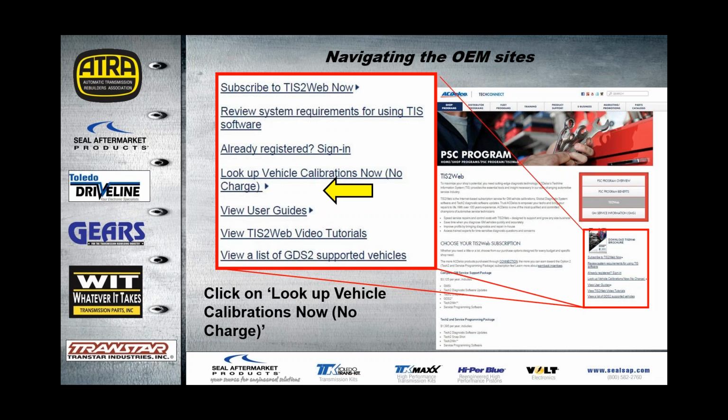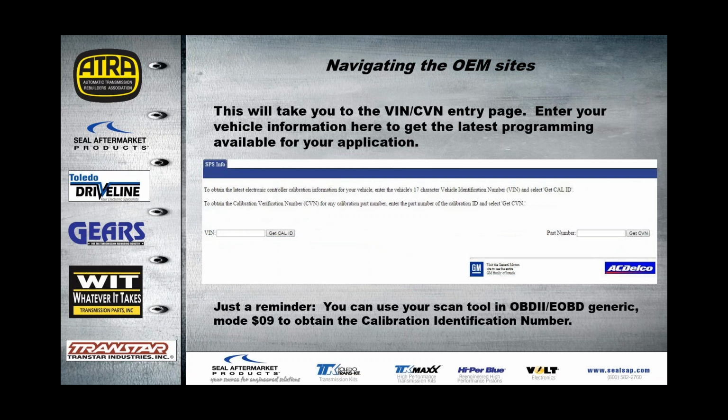Now, moving forward, what we would want to do is actually look up our vehicle calibration on the screen here. And where the yellow arrow is, if we click on this link, again, it says no charge. They're the only website that puts in the words no charge. They can't say free. They can't say the dirty F word, the four-letter F word. So they put no charge. And this takes you to the bland Tist2Web